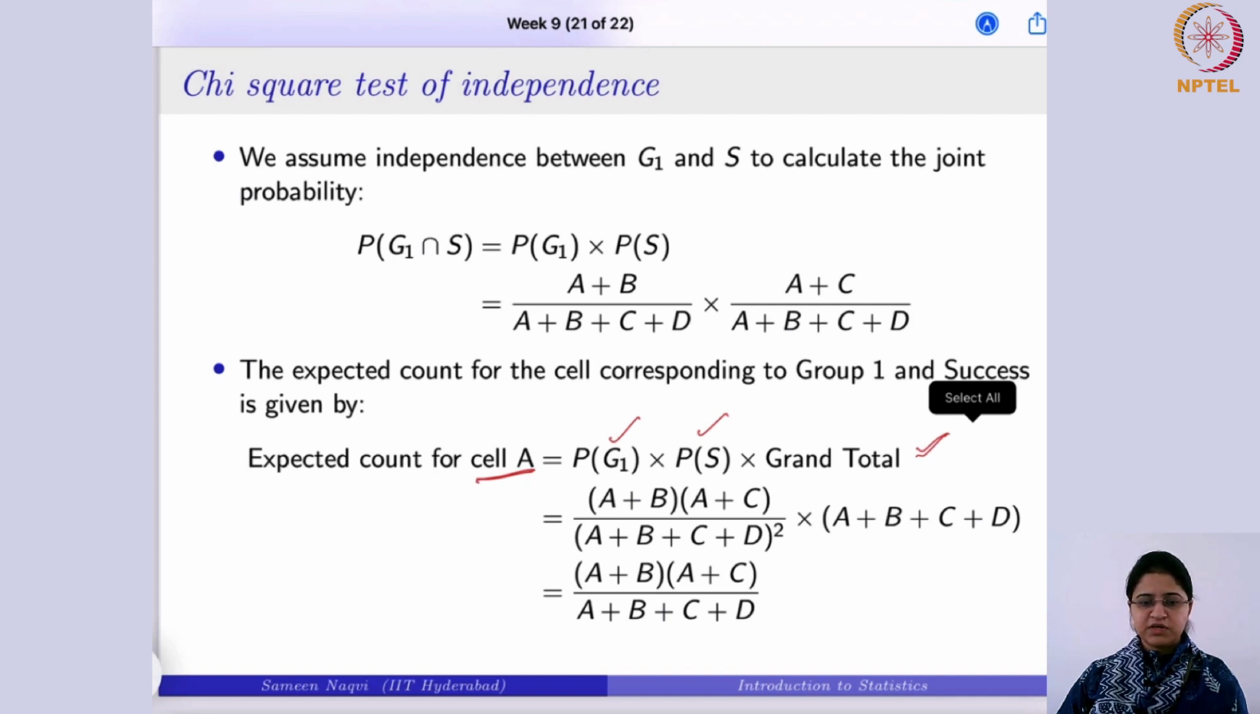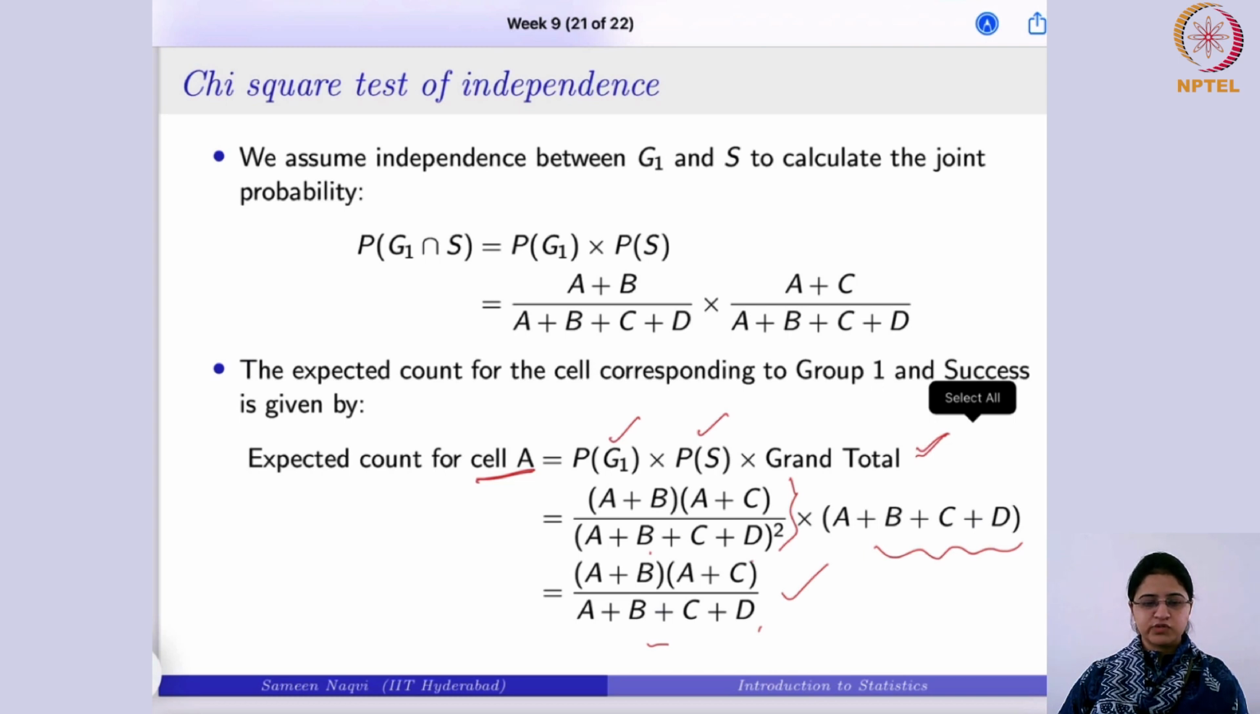Okay, this is what is meant by the expected count. That is why you are multiplying it by the grand total. So this first term over here is the product of the two probabilities, and this one is the grand total. So what you are left with is this, right? You see that these are the row totals and column totals, and you are multiplying it by the total